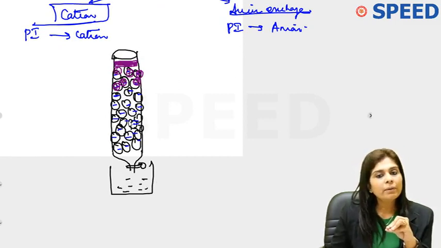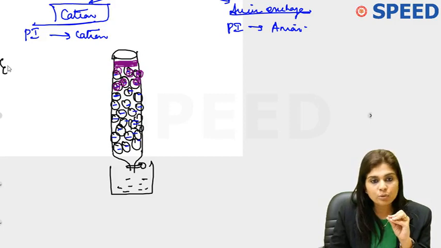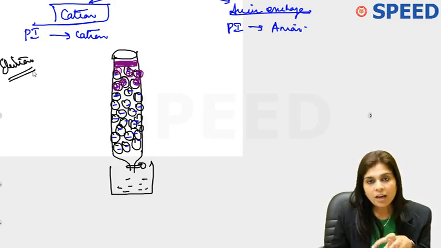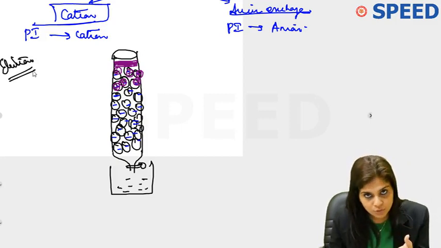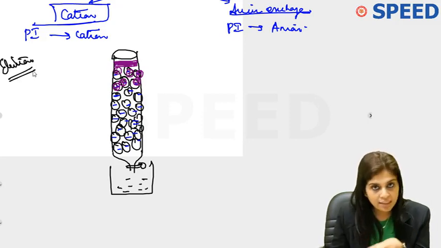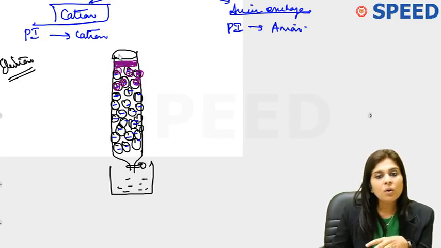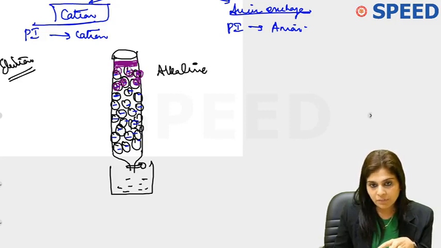how will you get back what you want from the stationary phase? I told you it's done by elution, and elution is just a process. How you elute differs depending upon the technique that is used. So in cation exchange chromatography, for elution, you fill the column with an alkaline buffer.